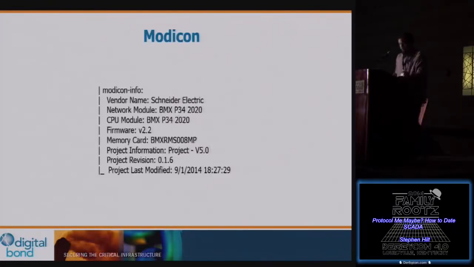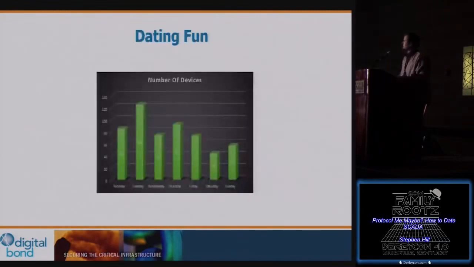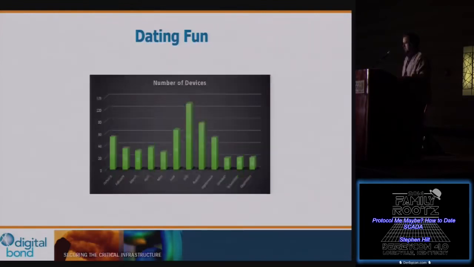Here's an example of one online. As you can see, I pulled the project last modified date, and I started thinking about that. I was talking to my coworker, Reed, and he wondered, what's the most popular day of the week to make PLC changes? And then I asked, what month? So it was Tuesdays in July. Kind of interesting information. You could probably extrapolate more if you started breaking it down by sector and then refining your searches based off IP address ranges and so on to figure out when those specific sectors are making changes.